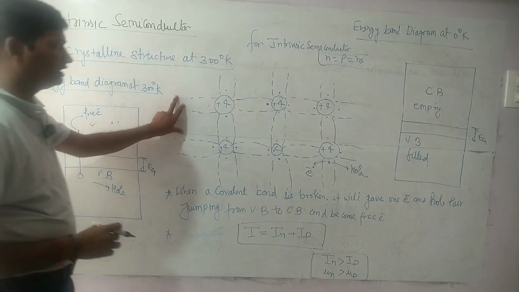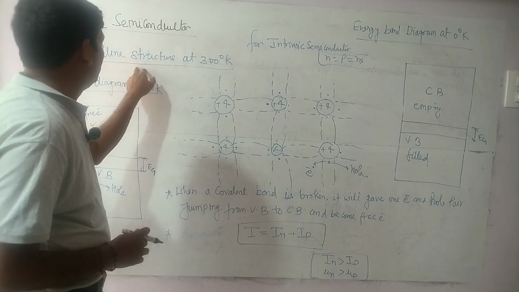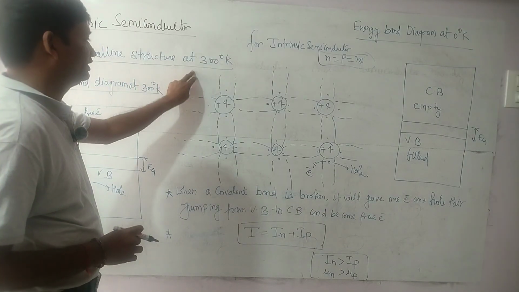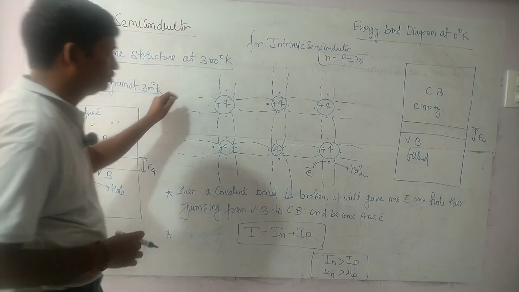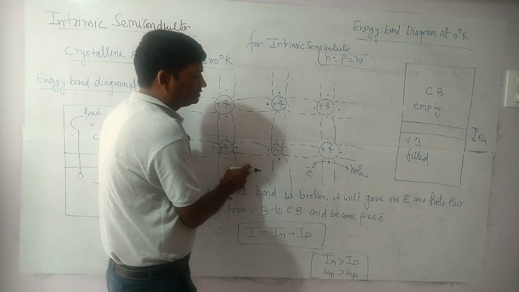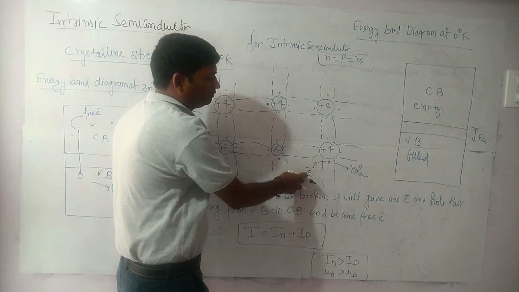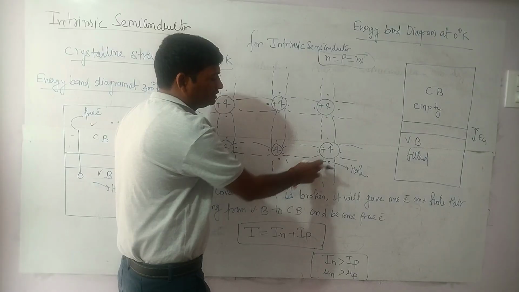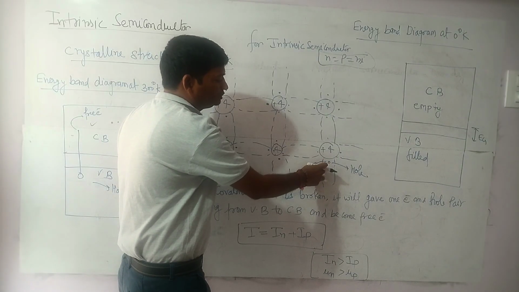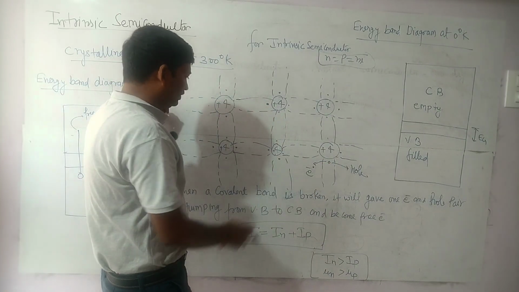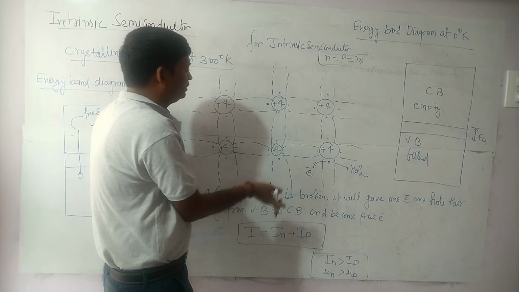So this is the crystalline structure in this case. Suppose we are applying room temperature. The electron moves freely from the covalent bond to here, so this generates holes. A hole is the vacant position of an electron. So we can say that above 0 Kelvin